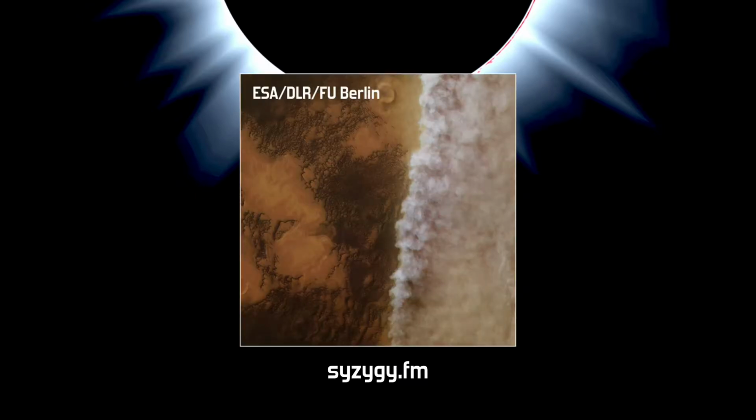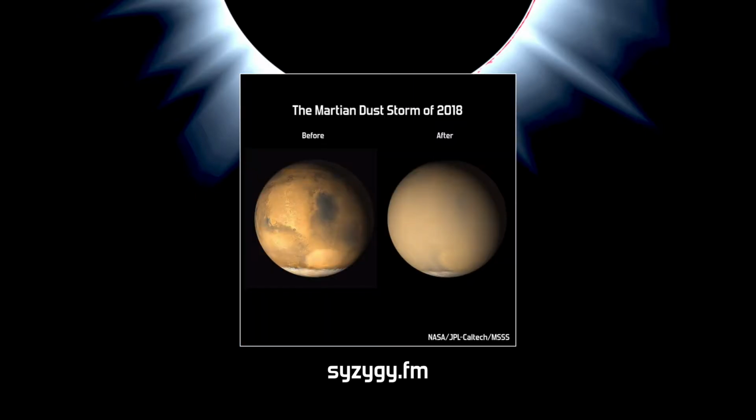There's a picture that's been doing the rounds on social media over the last day or so. If you haven't seen it, go and check it out. It shouldn't be too hard to find, which shows the storm quite early on in its stages of formation. And on one side of the picture, you can see the normal Martian landscape. And on the other side, it's just blanked out dust storm. And right down the middle of the picture, there is the storm front. And it's just quite this awesome thing. But it's taken over the entire planet, including, of course, the bits of the planet where our brave little Martian